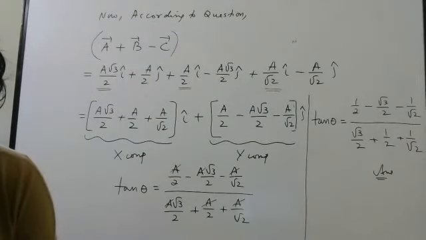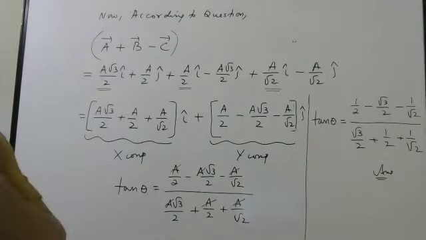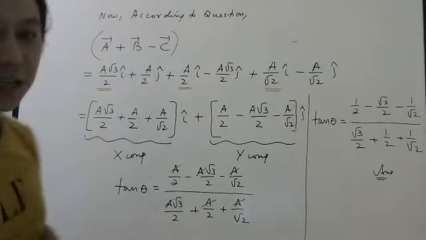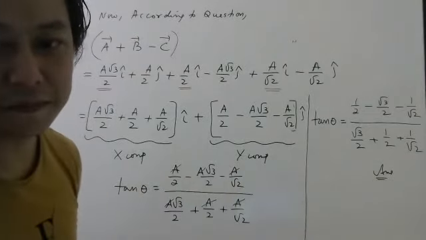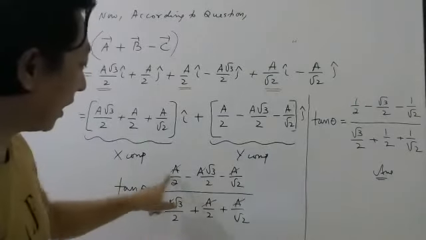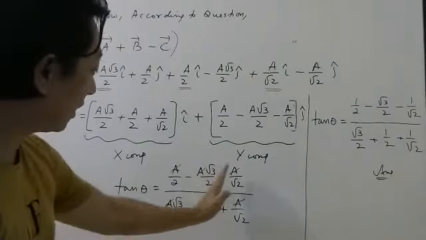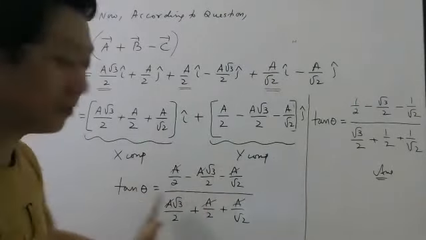Okay, chalo. Practice this question once. It is not difficult, it may be slightly lengthy, but not difficult. Everybody understood why a got cancelled, right? You can take a common from here, a common from here, and then a will cancel.